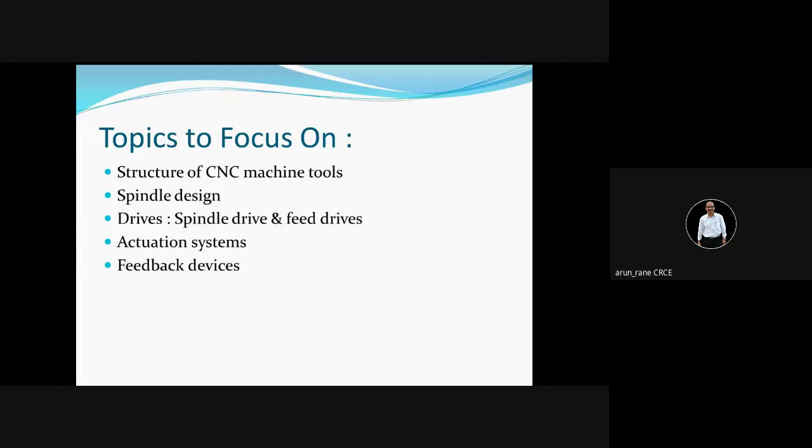So here, CNC hardware is basically important for designers or design engineers, those who are designing the CNC machines. And it is again very interesting how the CNC machines behave. What are the characteristics of the CNC machines?